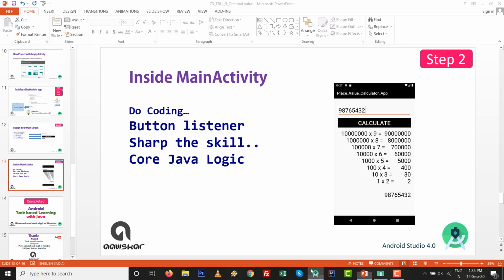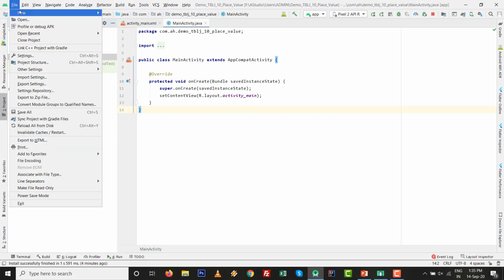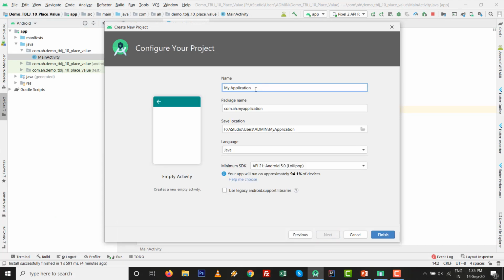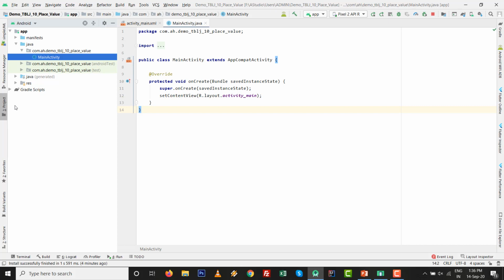So go to Android Studio, new project, empty activity, and name it demo_tblj underscore whatever number you want to give, and this is for the place value. Click on finish. Okay, all the stuff is ready.